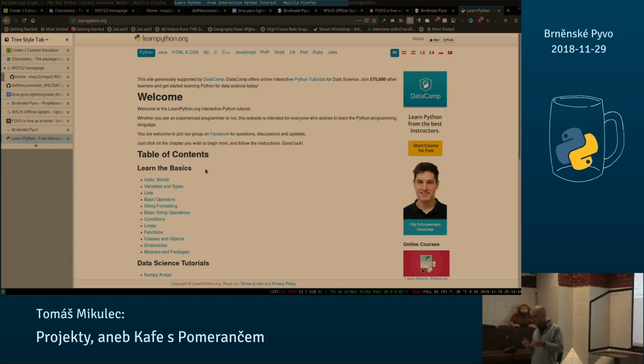So my idea was to get all of these ideas on one page, and when I teach those students, and now there is this time where you can do stuff, to just show them the page, and they will just pick. If they don't have any idea on their own, they can just pick something from there, and it could be like, this will teach you this, and the goal is to have this idea about this library and such. And yeah, that was the idea, and the reason I named it Coffee with